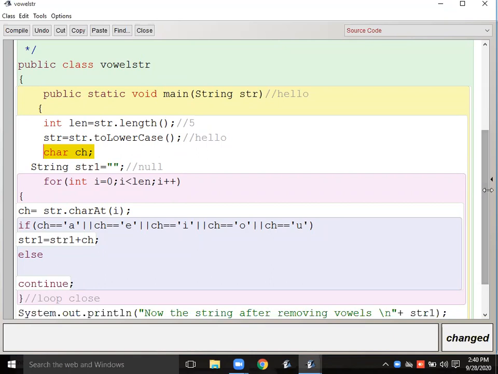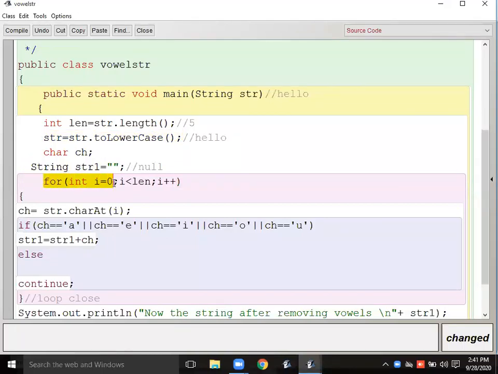So here, first of all, to fetch the characters from the entire string, I need to execute the loop till less than length. So here I have to calculate the length. In most of the programs we are doing the same. Then we are converting to lower letters. Then here I have taken one blank string.